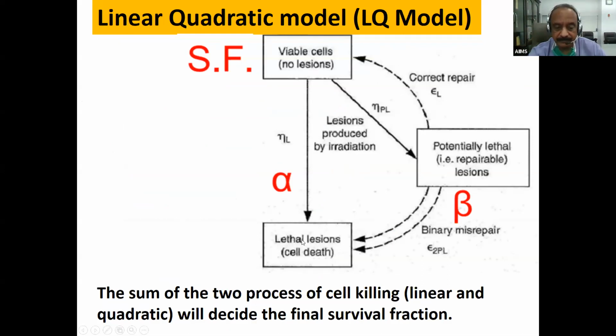Alpha cell kill always results in cell death, while beta cell kill may result in cell death, or if there is a sufficient gap between the two radiation events, then this sublethal damage can be repaired and the cell again becomes viable without any lesion. So the sum of the two processes of cell killing will decide the final survival curve. So the final survival fraction will be the sum of the two processes of cell kill, that is alpha D plus beta D